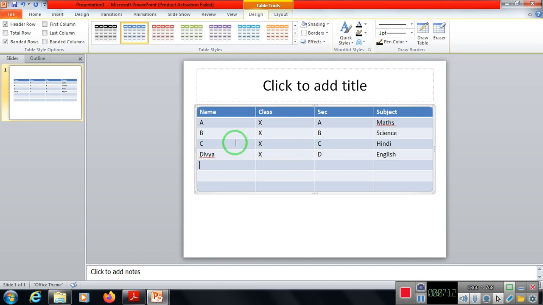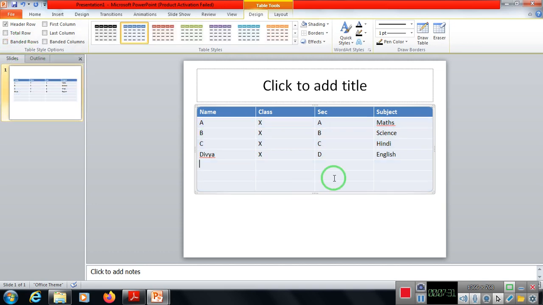So now you can see, if suppose I want to find out about a student B. So this band, just check it out, the B band, I can clearly identify this band. So this is known as banded rows. If suppose I remove this banded rows, that means now, right now the data is very small, so that is why you are able to see this thing. Otherwise, if data is very huge, say 100 rows, 200 rows, then you might get confused about which row is having which data.